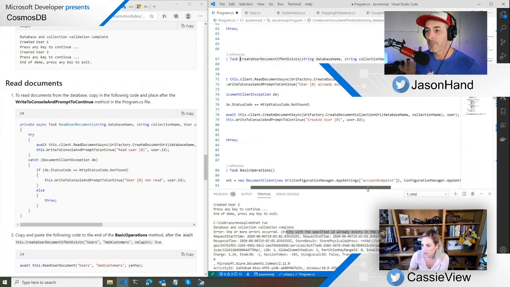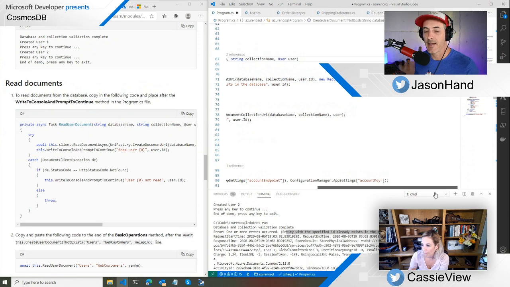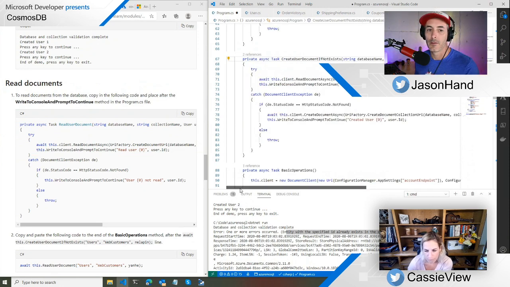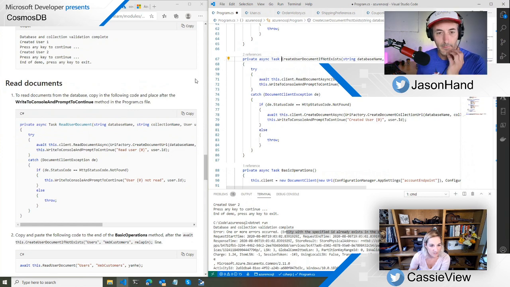We've got a question from Chip Shoop that says, are there transactions in Cosmos DB? Tell us more what you mean by that. What kind of transactions? You mean like a query transaction, or what kind of transaction?